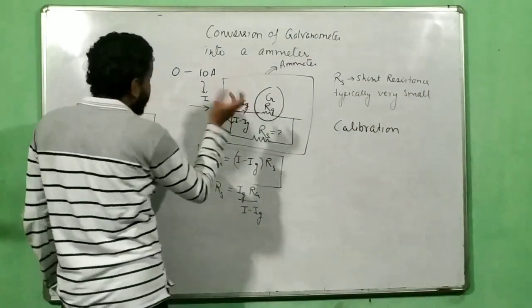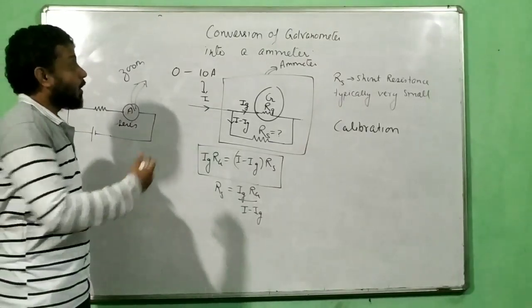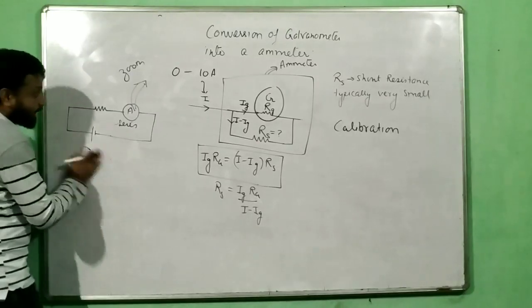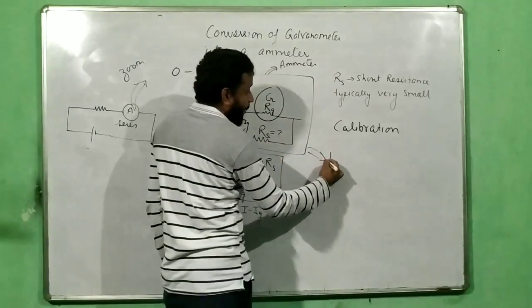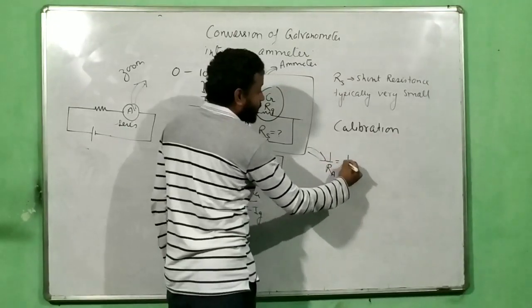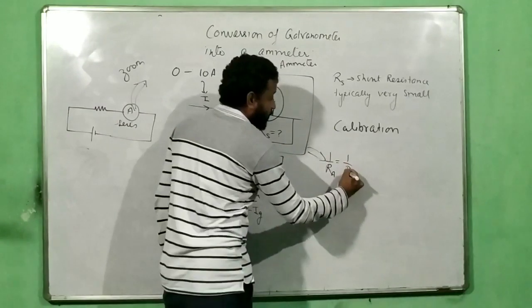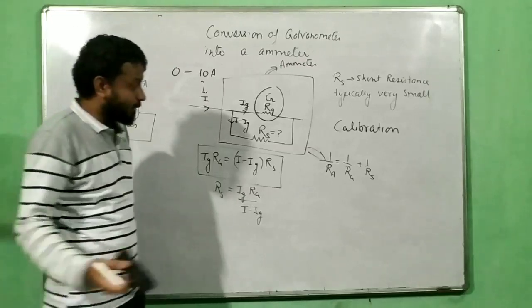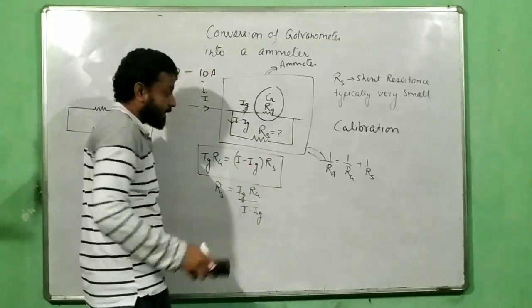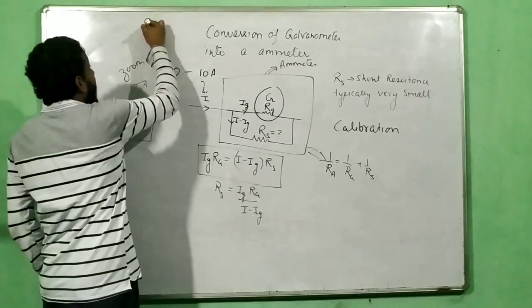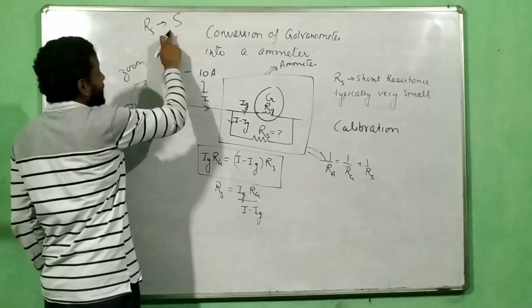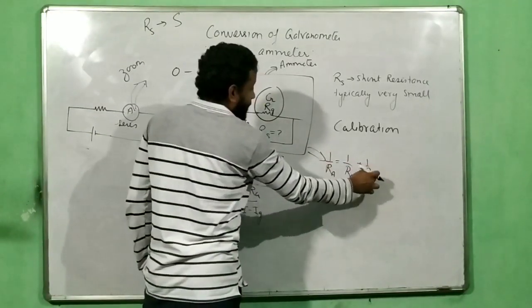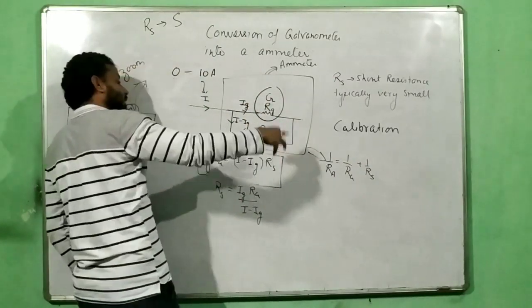Third, what is the resistance of the ammeter? Now if somebody asks you what is the resistance of an ammeter, I will write over here. Resistance of an ammeter is equal to two resistances in parallel. So 1 by Rg plus 1 by Rs. Some books say directly S also, some books say Rs. In my notes I have used Rs directly as S. So please note, both mean shunt. So 1 by Ra is equal to 1 by Rg plus 1 by Rs. This will give you the resistance of the ammeter.